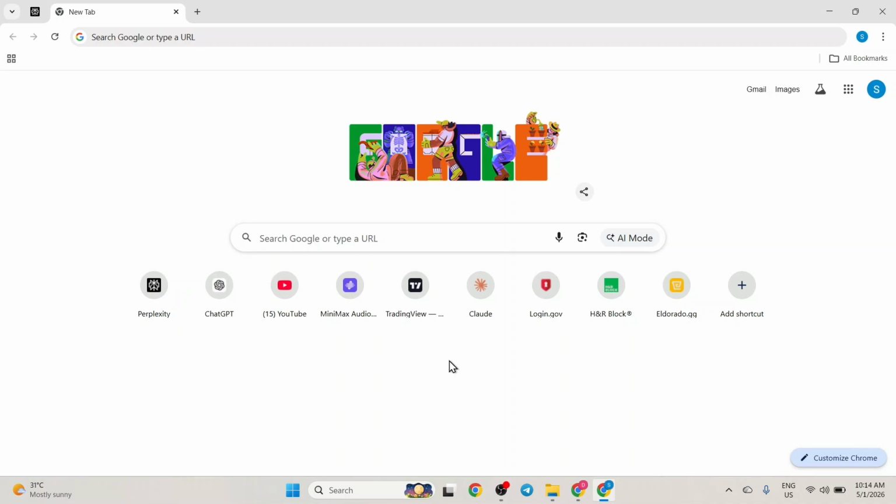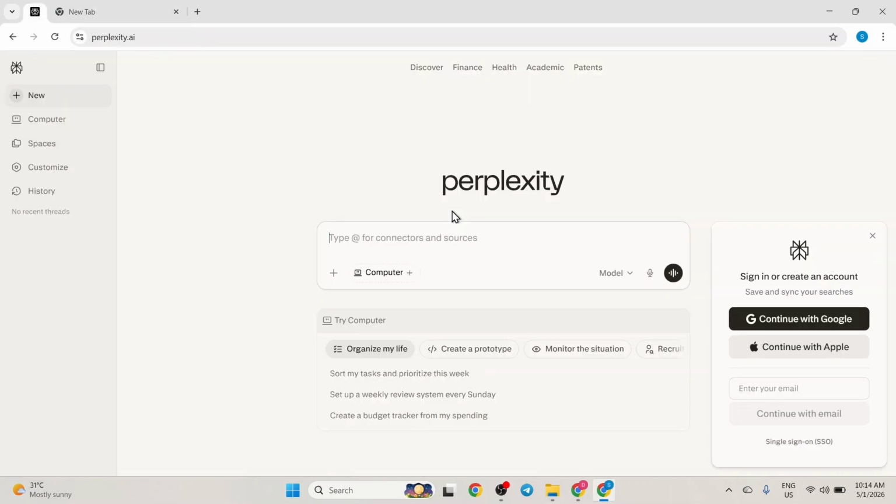In this video, I will show you how to navigate your search history and manage past threads in Perplexity AI. I'll start by clicking on the Perplexity shortcut icon on my browser homepage to open the application. Once the site loads, a login prompt appears and I'm going to click Continue with Google to quickly sign into